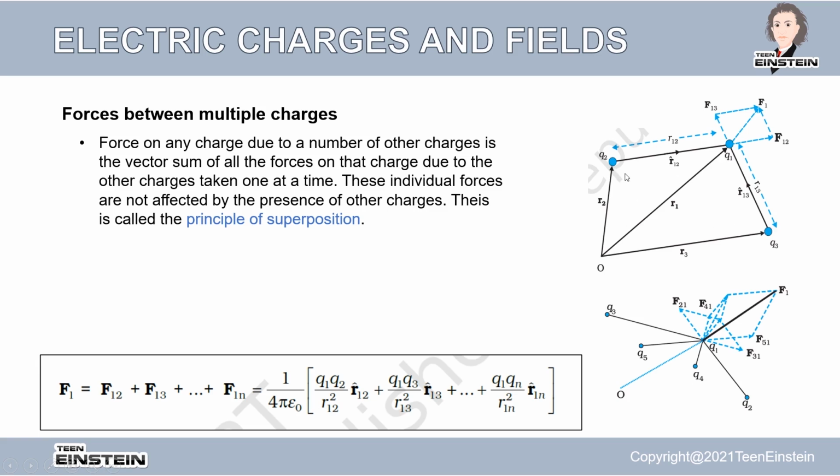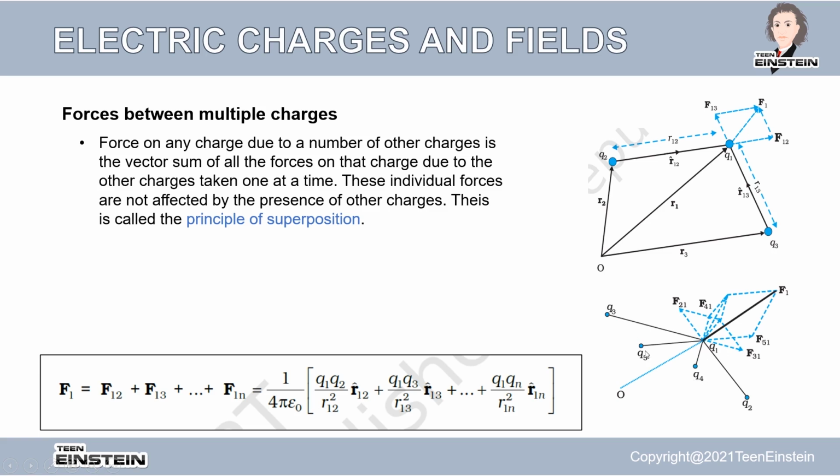So what we did is we first took charges one by one and found out what is the force, and we took the vector sum of the forces. So similarly, what if we have more than 3 charges? Here we have only 3 charges. In this case, we have 5 charges, Q1, Q2, Q3, Q4, Q5. Now our aim is to find out what is the final force on Q1. So first what we will do, we will just take Q3 and find out what is the force on Q1, that is F31, and take Q5 and ignore all the other charges, take what is the force, that is F51,